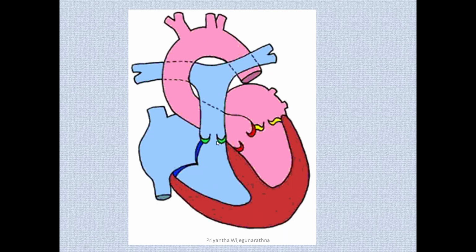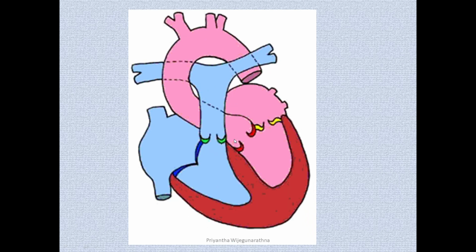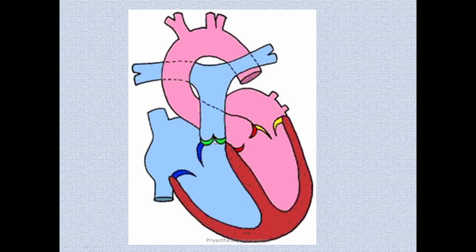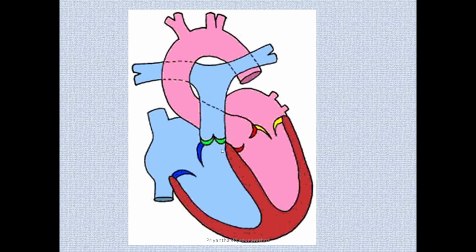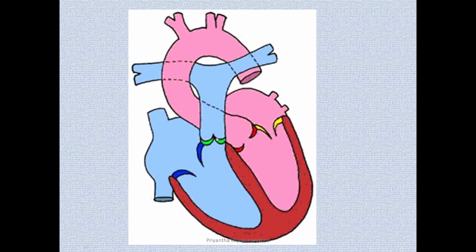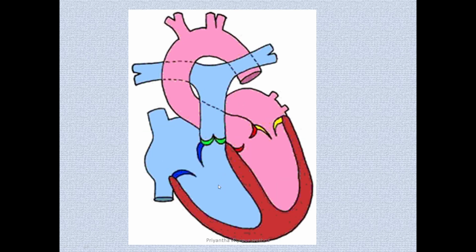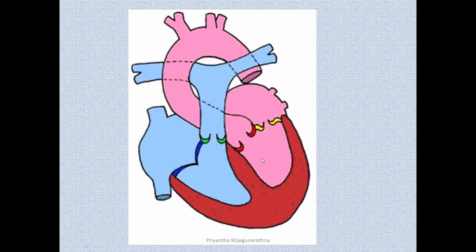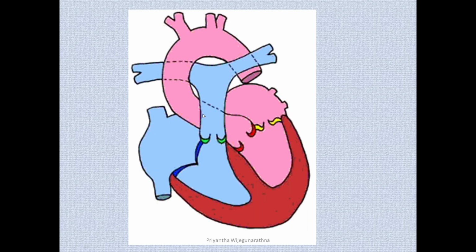At the beginning of the pulmonary artery and aorta, there is another kind of valve you see here. These valves are known as semi-lunar valves. Luna means the moon. As they have the shape of a half moon, we call them semi-lunar valves. Once the blood in the right ventricle and left ventricle has entered these arteries,